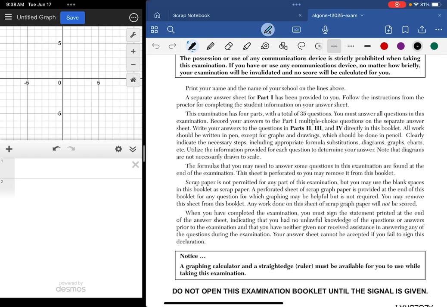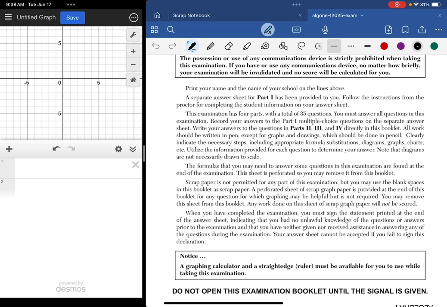Right? So they have the sheet of scrap graph at the end. They say it's helpful but not required. They don't allow scoring of anything that's written on that scrap graph. Right, so that's what you would use if you wanted to. Let's say, for example, find the slope between 2 points for a multiple choice question. You could just plot those points on that grid and do the rise over run and see what it is kind of manually. But they wouldn't be looking at that to give you credit for anything, right?